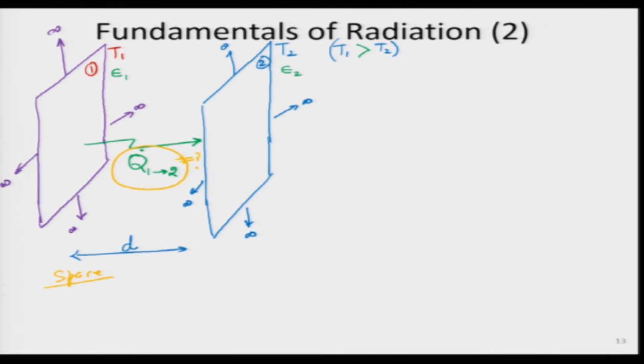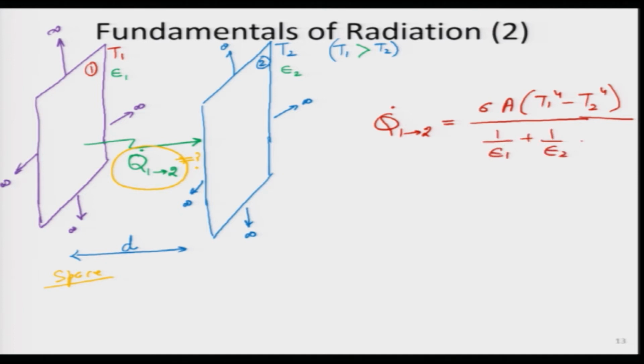Again, I am jumping a little bit ahead just to give you a flavor of what we are going to do over here. So, we are going to do some lengthy exercise at the end of which some value we will get. Again, it will be related to T to the power 4, and because T1 is greater than T2, it will have T1 to the power 4 minus T2 to the power 4. So, I will get a positive quantity over here, and I will get an expression something like this. I think there is a minus here.